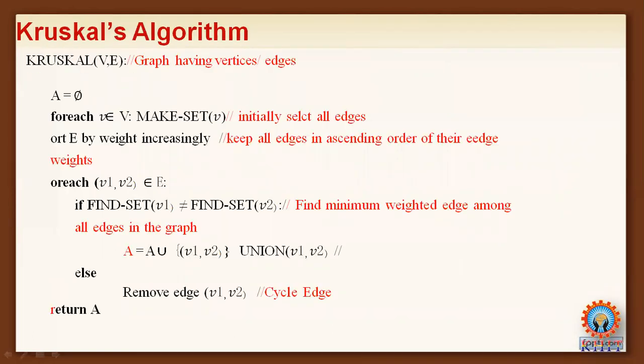Students, now we will see how to write Kruskal's algorithm. The main objective of Kruskal's algorithm is to construct a minimum cost spanning tree, which works with the principle of greedy strategy. While constructing the minimum cost spanning tree by using Kruskal's algorithm, we need to follow a step-by-step procedure.